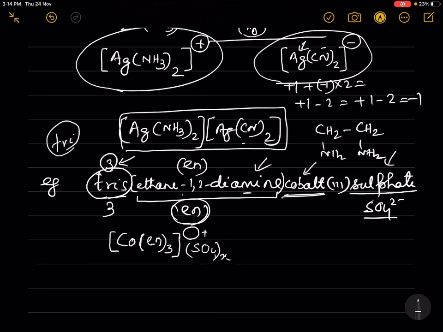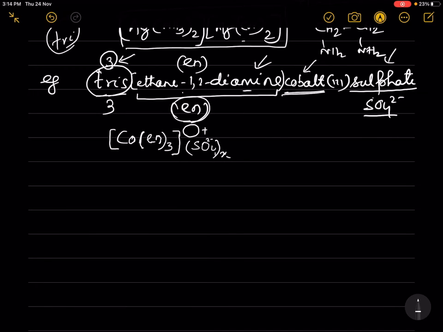You see, we have to find the number over here before the positive charge. The oxidation number for cobalt is plus 3. For en it is 0. 0 into 3 is equal to 0, so plus 3. So the charge on the cation is plus 3. The charge on the anion is